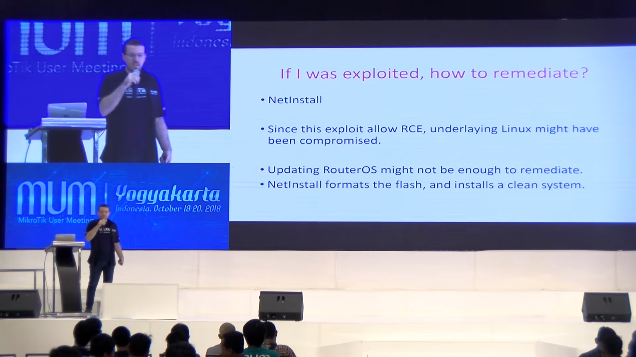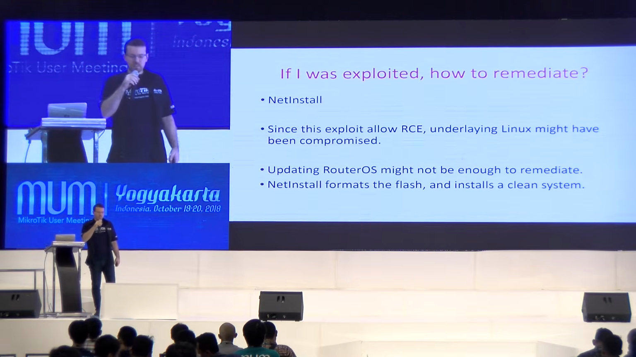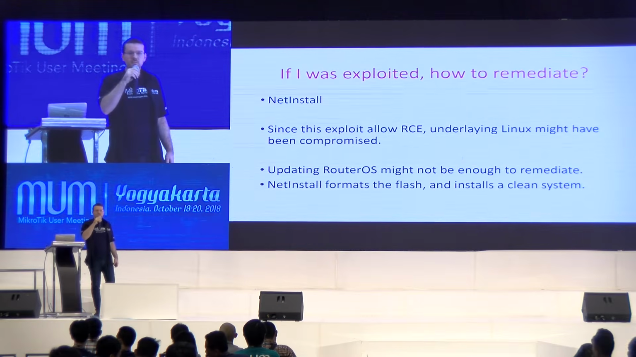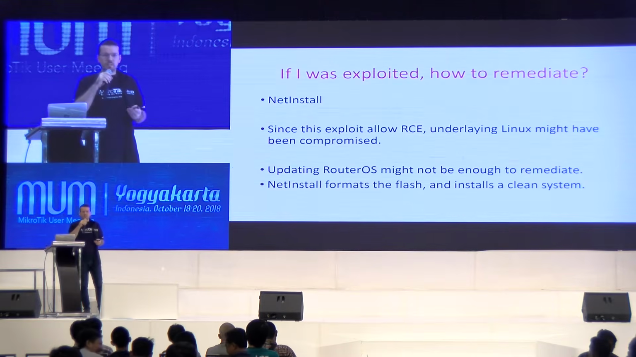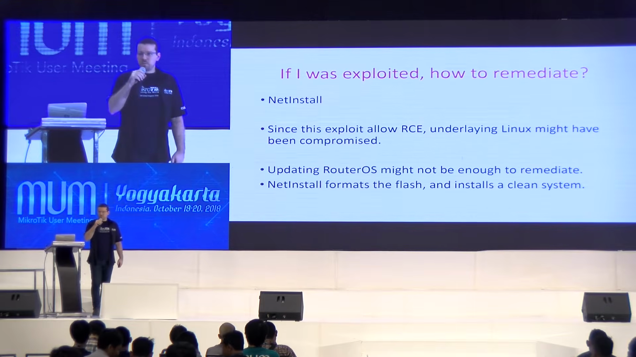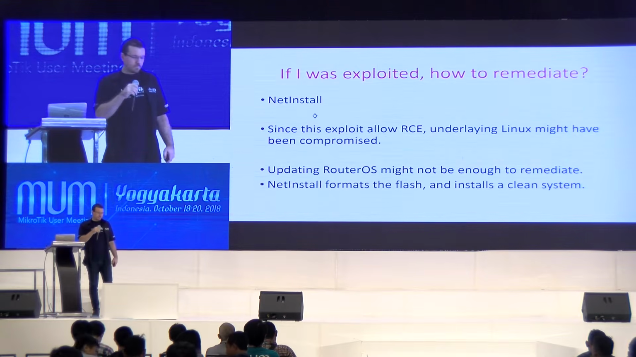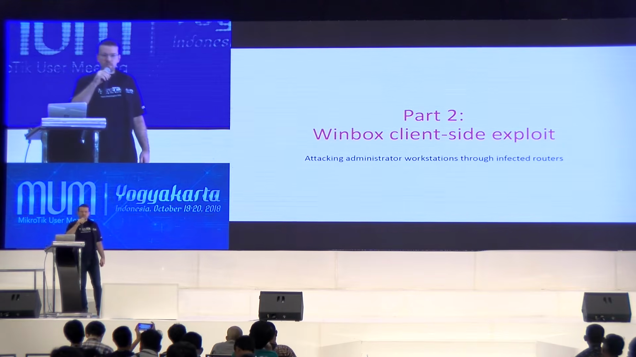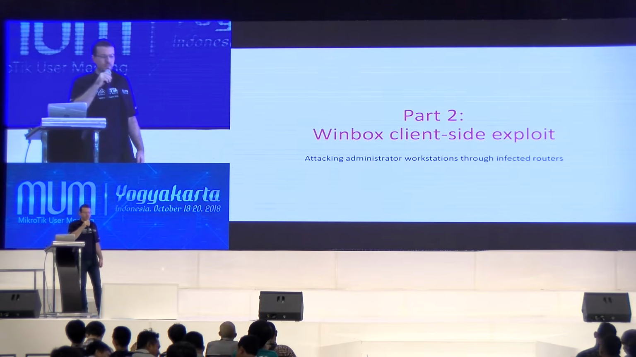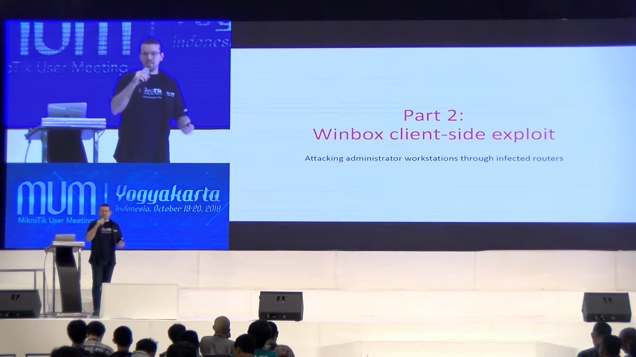So the only way to get this fixed is to net install, because net install formats the flash and installs a clean system. Since the flash is formatted, whatever payload was delivered to the router would be cleaned. Okay, so now we have part 2 of this presentation, where we see what happened about 3 months after the initial WikiLeaks leak,